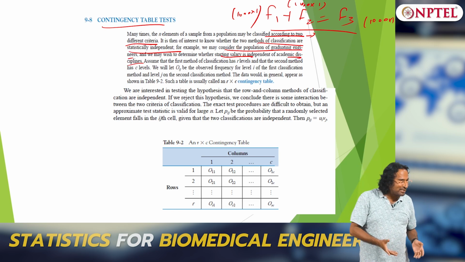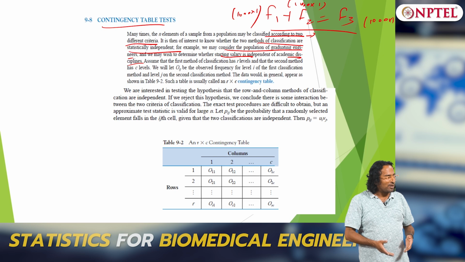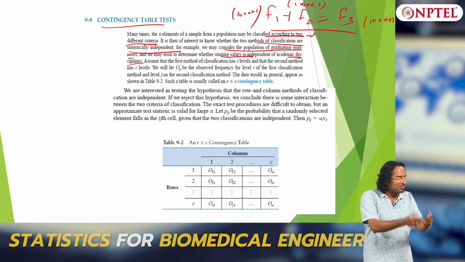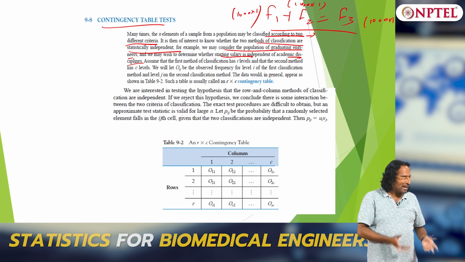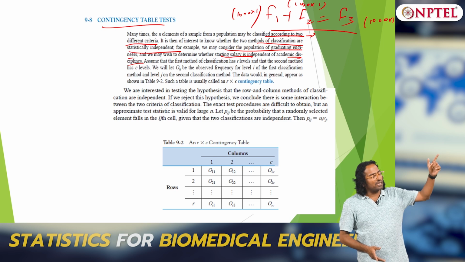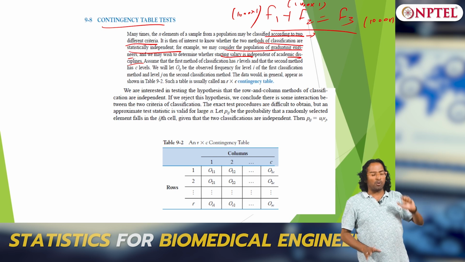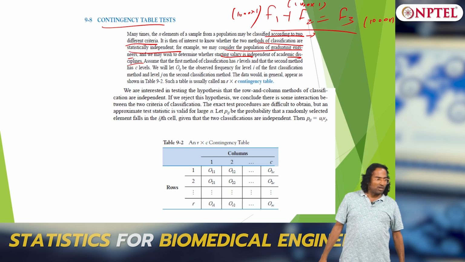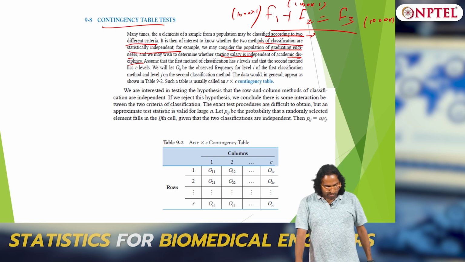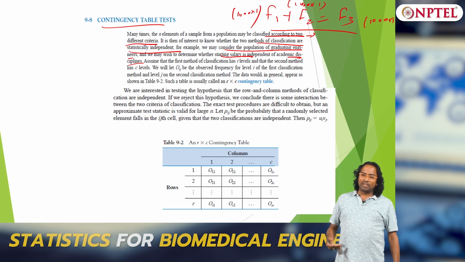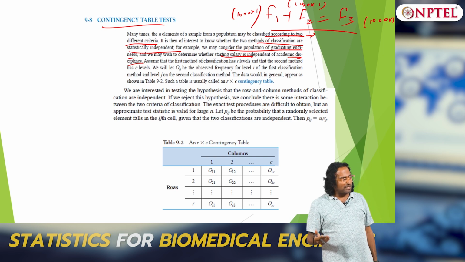In a sample, what is there to infer? You give me 20 samples, I will say whether they are related or not simply by looking at the values, but that is not what I want to infer. I always want to infer about the population. So we have two methods, because basically there are two variables of interest and we want to know whether they are independent or not.